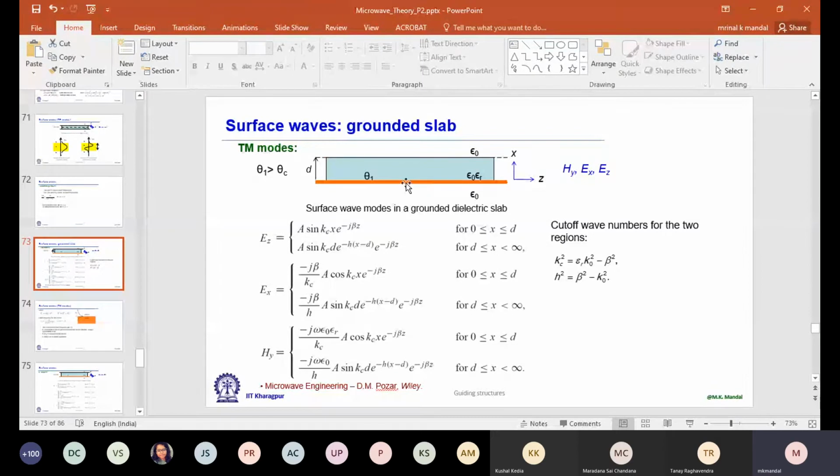What about the EX component? EX is perpendicular to ground, and this is highest on the ground because we have now two sinusoidal terms. So this is highest on the ground, and then if you go up, it decreases sinusoidally. In air, it decreases exponentially because of this term. So we have EZ component in the direction of propagation and EX component, which is perpendicular to ground.